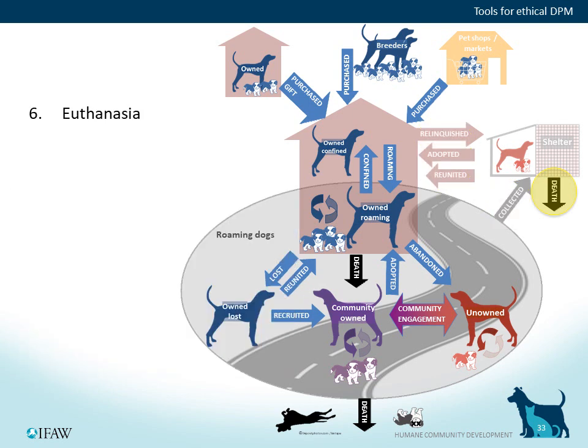And then we have this issue of euthanasia, or more accurately culling when we're talking about healthy dogs. Arguably the tool most likely to cause disagreement within DPM, for good reason as there are actual lives at stake. Note that I'm talking about the euthanasia within a shelter facility or system. I am not talking about culling dogs from the street as a tool within ethical DPM. Although there may be times when immediate euthanasia is needed for a dog that is seriously suffering in the street, there is no place for mass or indiscriminate culling of dogs on the street within ethical DPM.